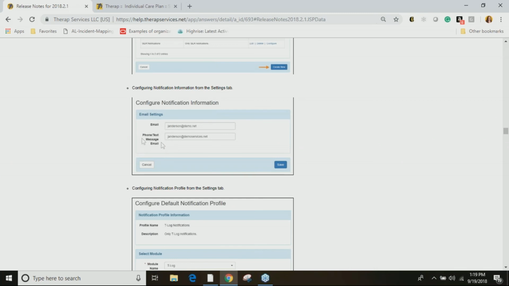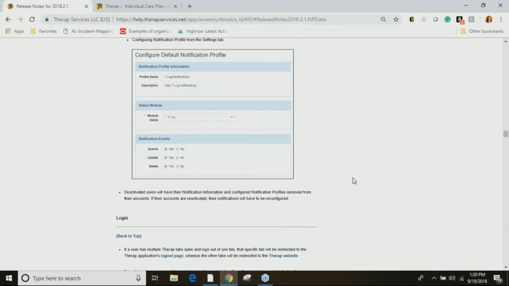And some people just thought that meant it was only pager functionality. Since not too many people use pagers anymore, we changed that wording to phone, text message, email, because you can certainly set that up to get an SMS message. Okay.